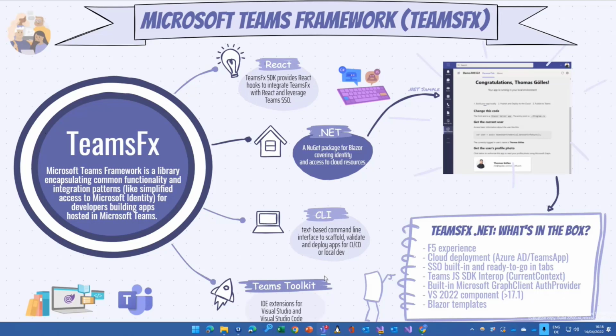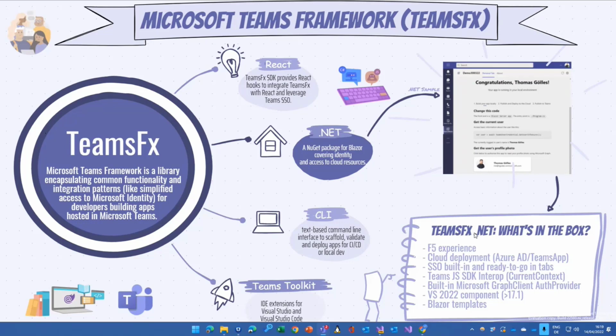But then there is the wording of the Teams Toolkit, and the Teams Toolkit basically is just the extension that you use in Visual Studio Code for React, or Visual Studio for .NET and Blazor programming. As we will focus on .NET today, the path is that you will see this sample application that is basically in there out of the box. So what's in the box? And of course, there are 7 points, for all that don't get the reference with what's in the box. There are 7 points listed here.